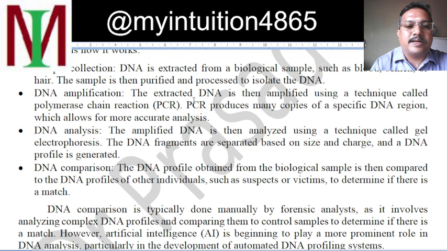Different DNA have different sizes and lengths. They have different charges based on the carbon, hydrogen, and oxygen they contain. Everything has its own energy levels, so different charges are there. Based on that, DNA profiling is done. Then it is compared with other individuals, such as the victims or others, to get a match. Once it matches, that is exactly the proof that